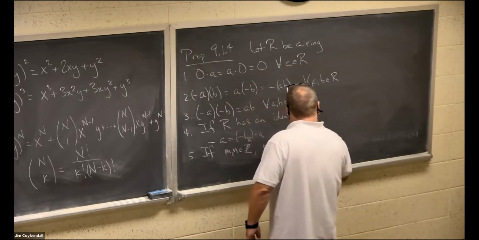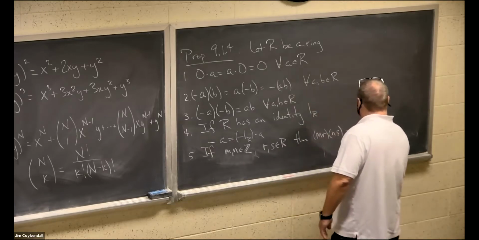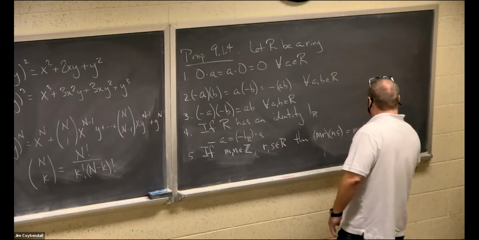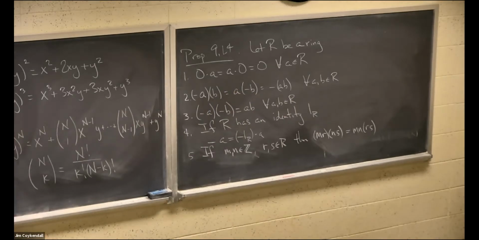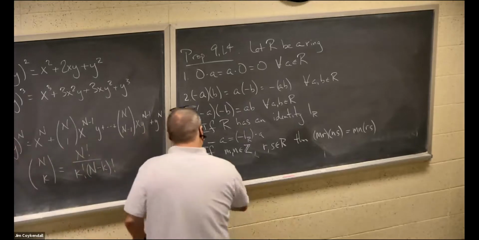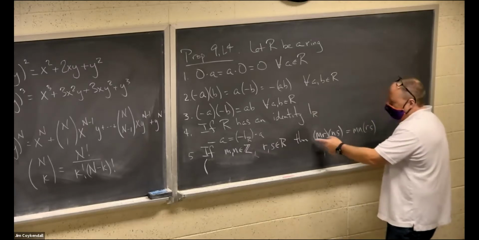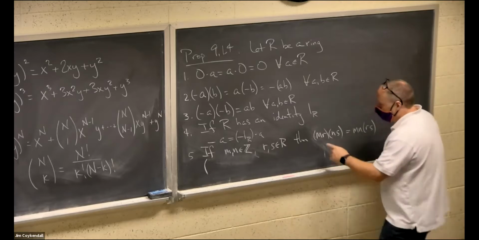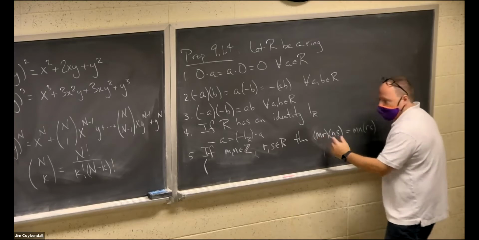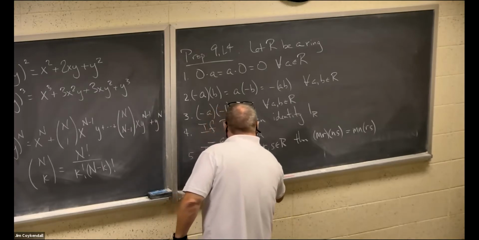Then, and let me add a caveat. So let me explain what this is. What do I mean by multiplying an integer times an element of a ring, right? Because remember, I'm a little worried this may be apples and oranges here, but it's not. It's just tomato, tomato. Because m is an integer and r is an element of a ring. So let me tell you what this means. mr equals r plus r plus ... plus r, n times,